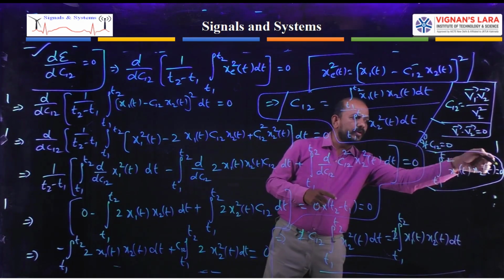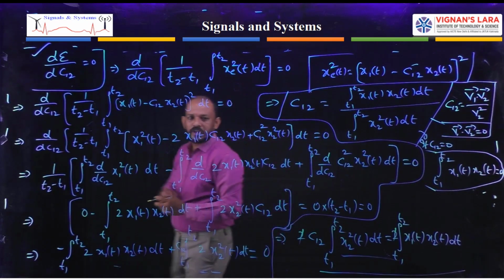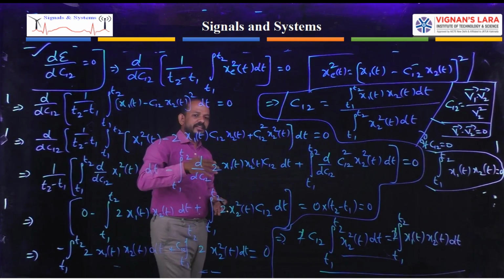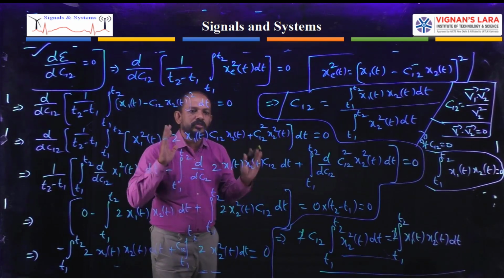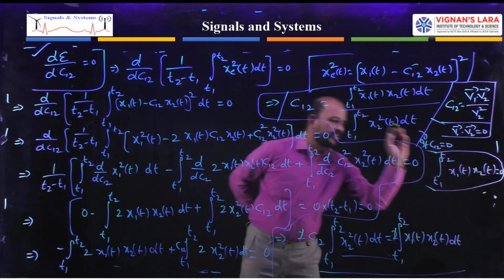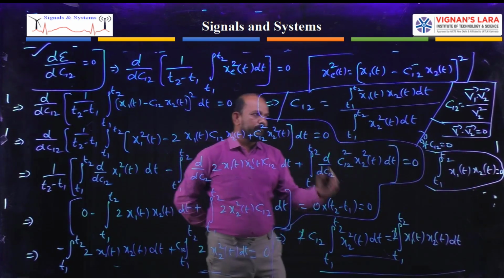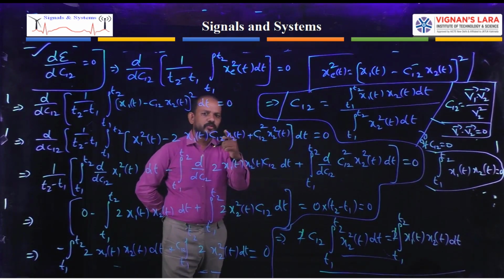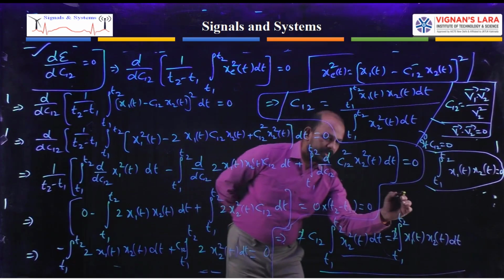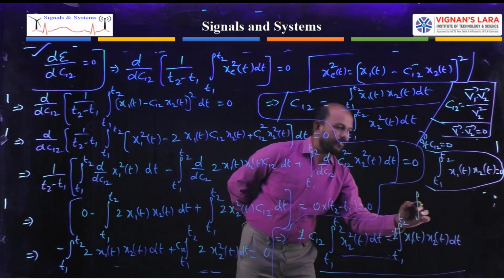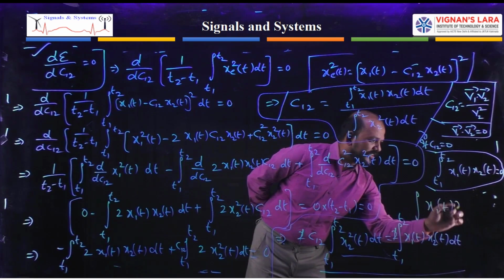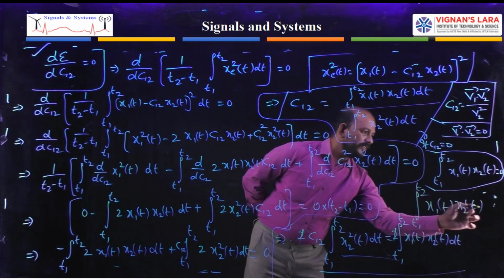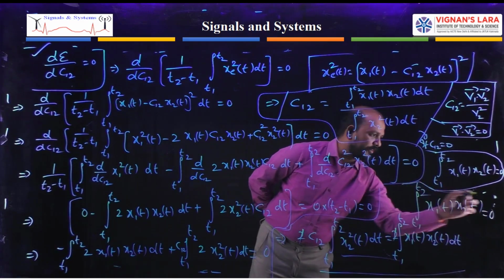If that value is equal to 0, then you can say the two signals are orthogonal. Otherwise, you can say the two signals are not orthogonal to each other. Okay, this is the main condition. For vectors, if the dot product of two vectors is 0, then you can say the two vectors are orthogonal. In the same way, the important one: the integral of the product of two signals over the given interval is equal to 0. So remember this one.